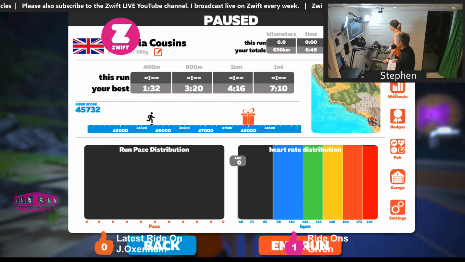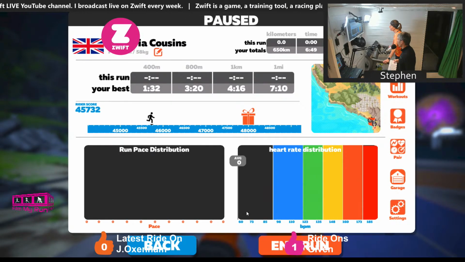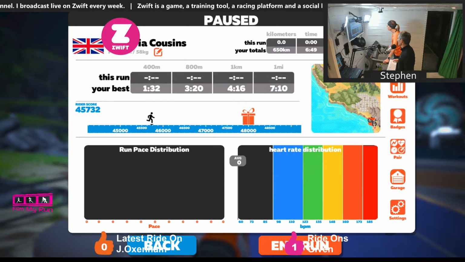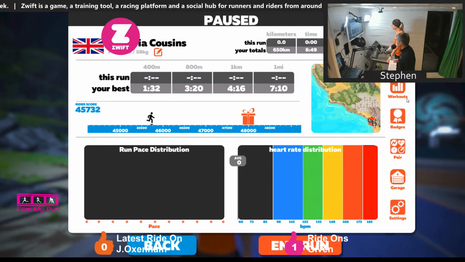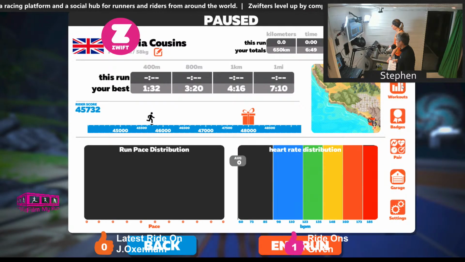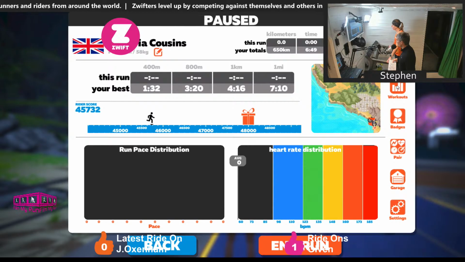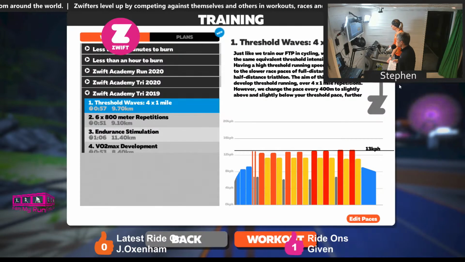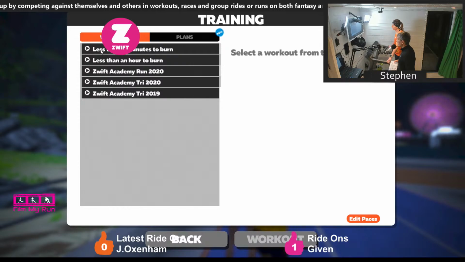Right, so we go to workouts, top here. So let's just do that again. Up at the top here, top right, it'll say workouts. Now if you're on an iPad or an iPhone, it won't actually say workouts, it will just be that picture. So you need to recognize that picture, but it is the top right of your screen. Click workouts and then you'll be taken to this screen here where you can choose various workouts.